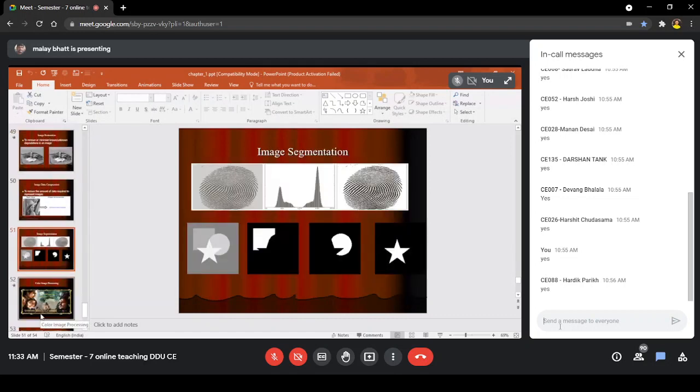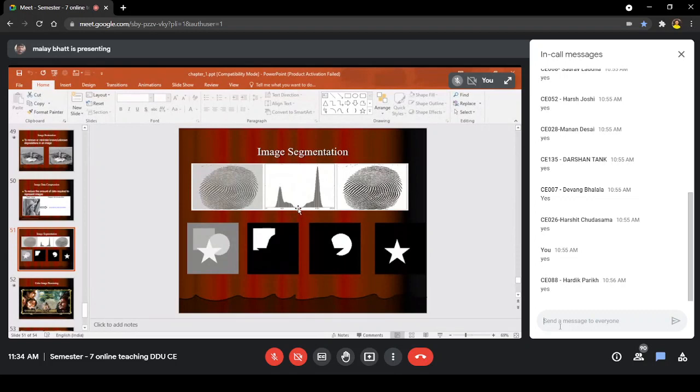One more example of image segmentation is this one, that is, you can have the fingerprint of a person, and if you take that fingerprint and plot the histogram of it, foreground and background, you will see a clear valley at 127. At 127 you will find a clear valley. So based on that, if you segment the image, then it becomes a very clear image with background and foreground totally distinguishable. You can see that. So you can clearly see a valley between the foreground and background.